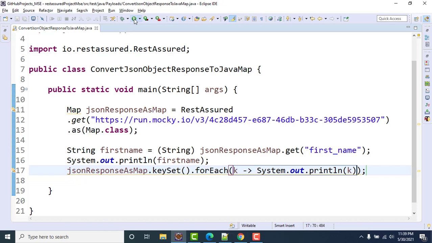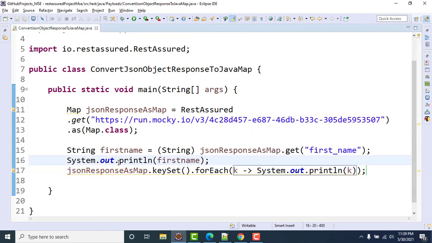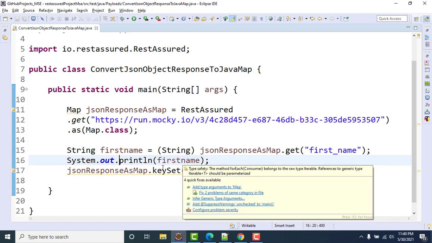So when you get the map, you can do whatever operation you want to do, like a simple map. You can get the key, you can get all the keys, you can get the key value pairs, whatever you want. This way it makes it simpler to fetch the value from any JSON response, because that is the ultimate goal, right? Once you hit the API, the main thing you need to do is validate the values. If you have registered any user and then try to get that user, whatever value you entered while registering, the same value should come in the details. So that is one validation that you can do this way as well. You can easily extract the value from a JSON response.